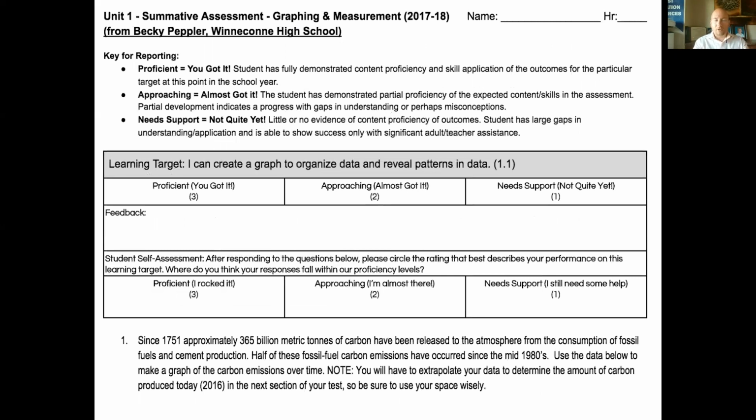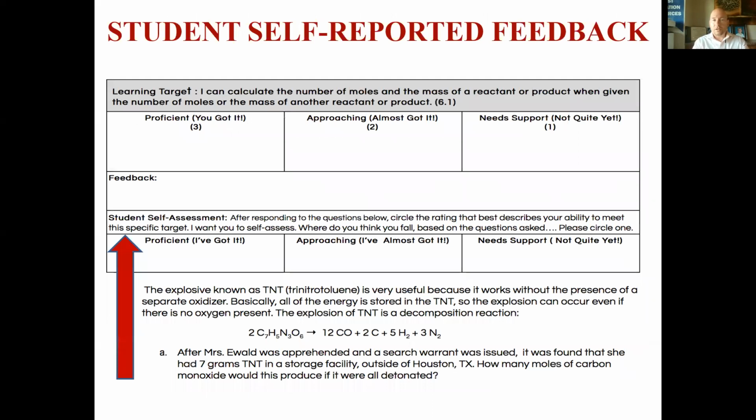Again, in the book, we have examples from all sorts of different content areas, from social studies to math to, I believe, ELA examples. There are a variety of examples in there that you can work from. And then the other thing that we just started doing is moving into student self-reported feedback. Having kids assess where they are in their learning has really changed the conversation with our students.